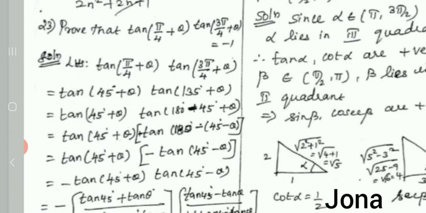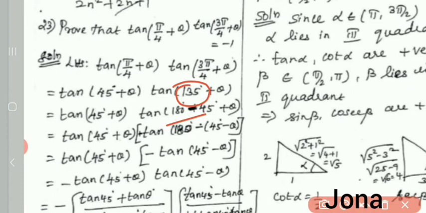Here, for the left hand side, I want to take the tan of pi by 4 plus theta. That pi by 4 plus theta is 45 degree plus theta, and tan of 3 pi by 4: instead of pi we can keep 180 degree. 3 into 180 divided by 4 is 135 plus theta. And then in the next step I want to find the value of this 135 degree. This can be written as 180 minus 45, or else we can keep 90 plus 45. Anything you can take there. We just want to find the values, that's all.